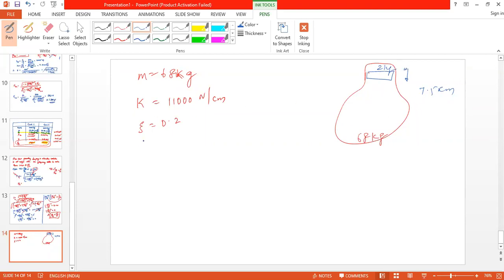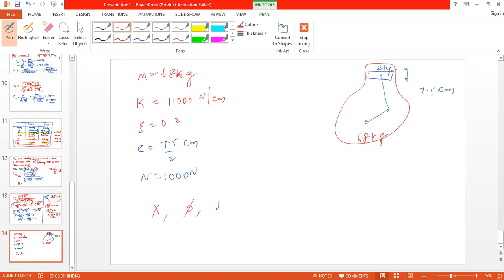The stroke we can call E, that is equal to 7.5 centimeters by 2. We will tell you why it is divided by 2. The speed is 1000 Newton. Assume the motion of the piston as SHM. You need to find the amplitude of the machine, that is X, and the phase angle with respect to the exciting force, that is phi.